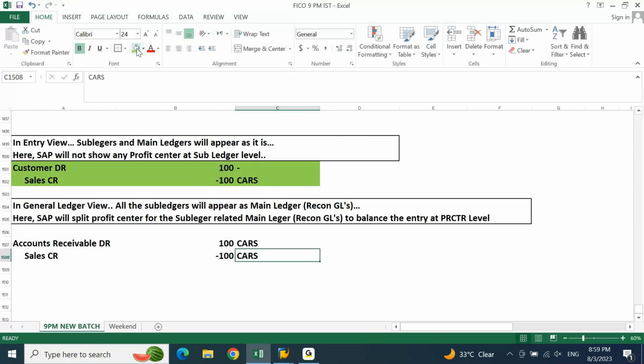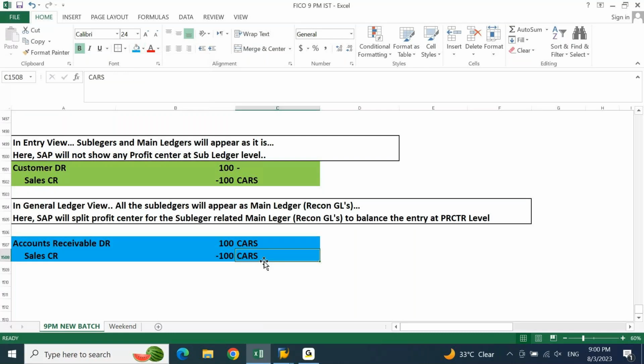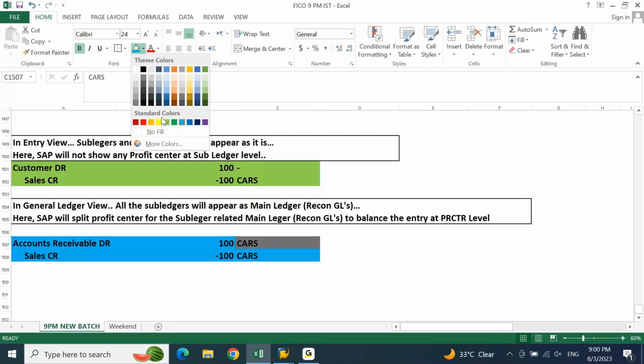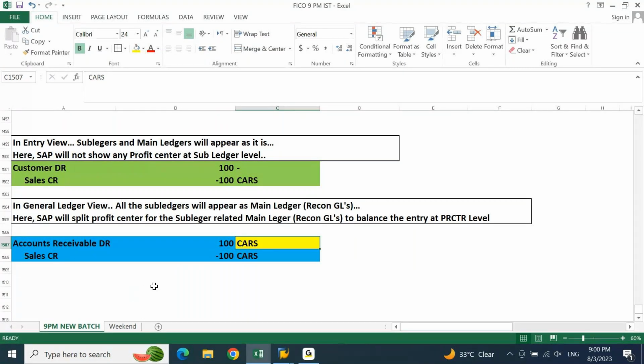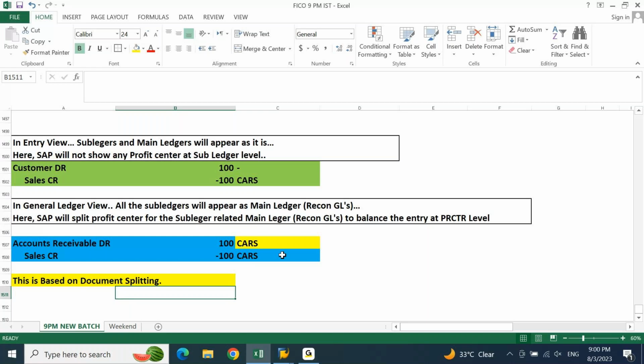Now if I highlight this accounting entry in blue, this car, whatever I put in yellow, so this is based on, in the main ledger account, why the car will be shown here actually, Ajay? This is based on the document splitting. Okay, so whatever I've put in yellow, this yellow is nothing but based on document splitting